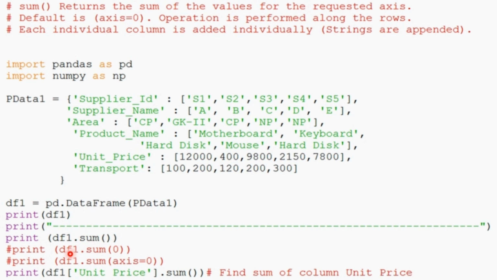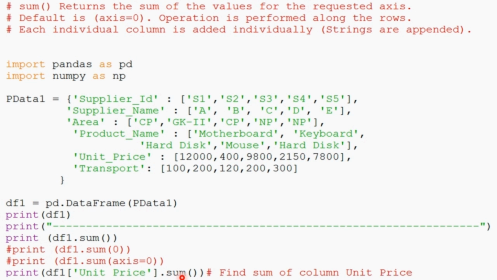In the same way, we can use the statement data frame name dot sum 0, meaning axis is 0. We can write this statement this way also: df1 dot sum axis equal 0, meaning the operation will be performed along the rows and we will get the column wise result. In this statement, we give the data frame name, then one particular column, unit price, dot sum.